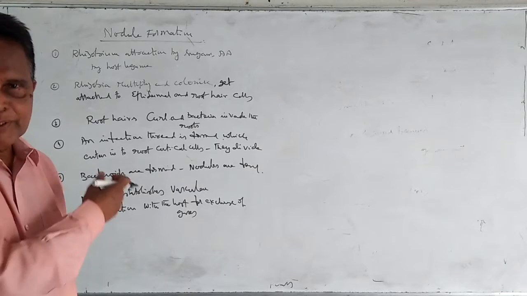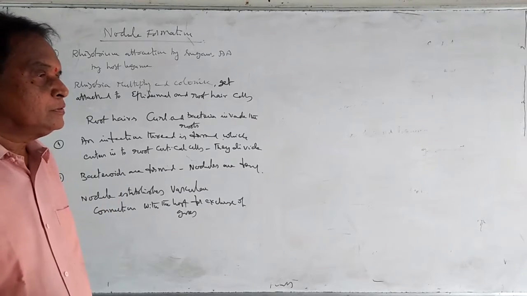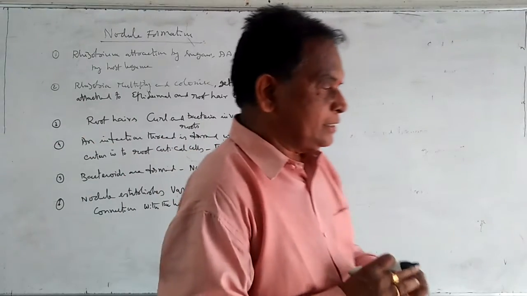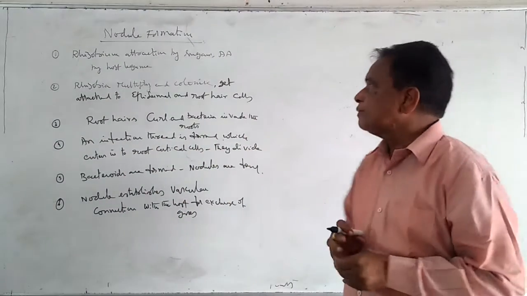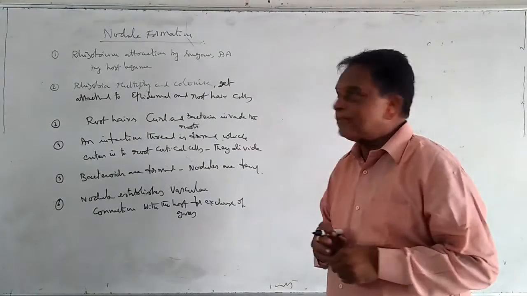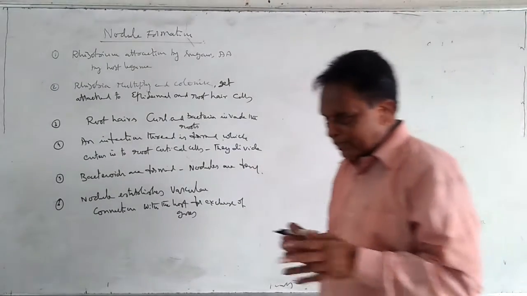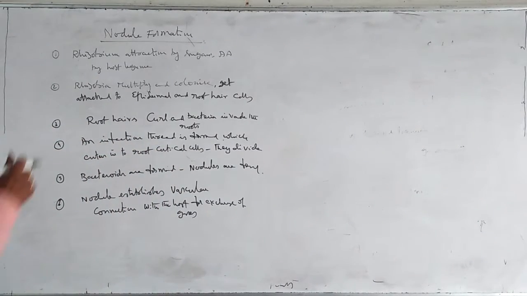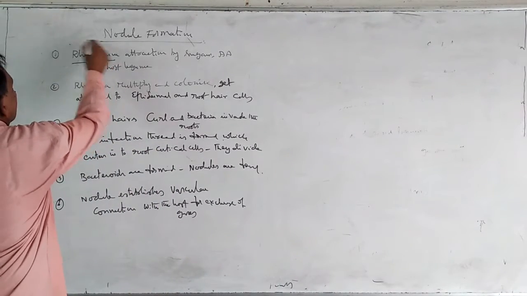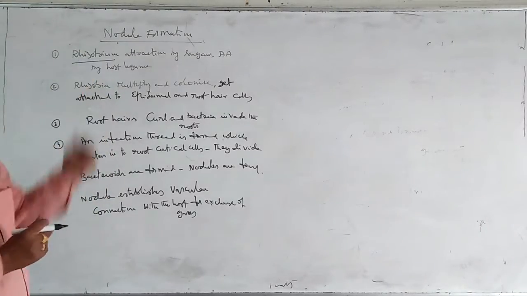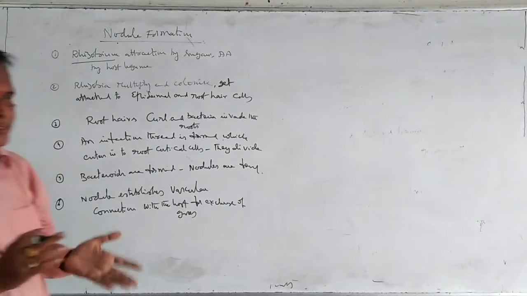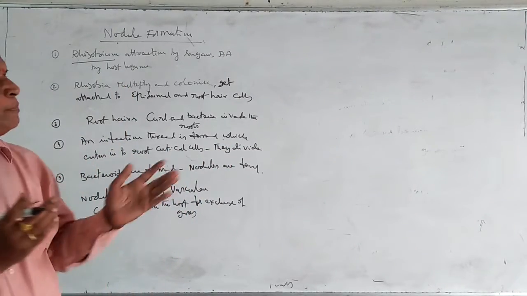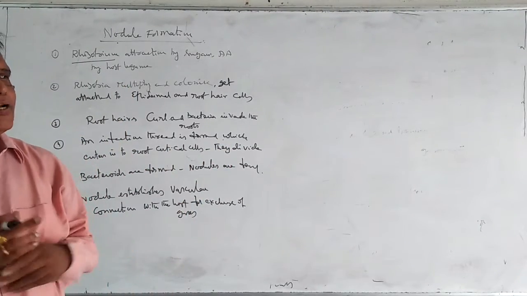Third episode. In this episode, we can see how nodule formation takes place by the symbiotic bacteria. Nodule formation is very essential for the conversion of atmospheric nitrogen into ammonia. Rhizobium is the most popular example. By taking this example, we can easily appreciate how these nodules are produced in the leguminous plants. Rhizobium is a rod-shaped bacterium present inside the